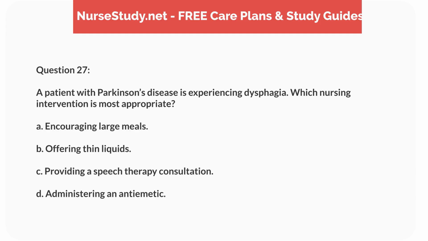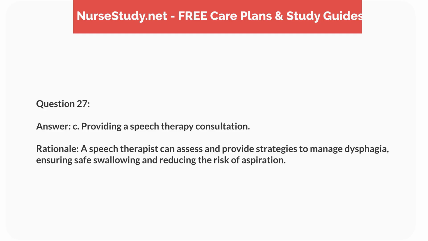Question 27. A patient with Parkinson's disease is experiencing dysphagia. Which nursing intervention is most appropriate? A. Encouraging large meals. B. Offering thin liquids. C. Providing a speech therapy consultation. D. Administering an antiemetic. Answer: C. Providing a speech therapy consultation. Rationale: a speech therapist can assess and provide strategies to manage dysphagia, ensuring safe swallowing and reducing the risk of